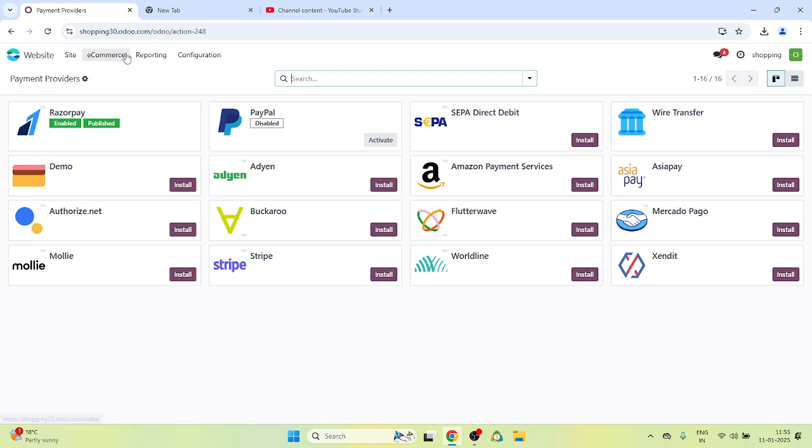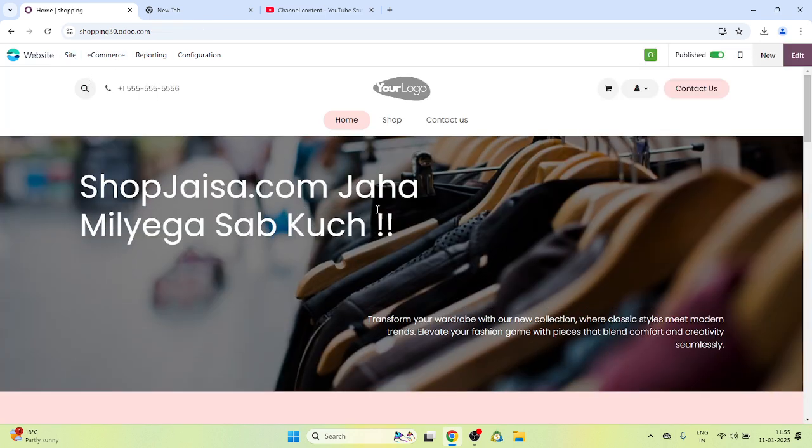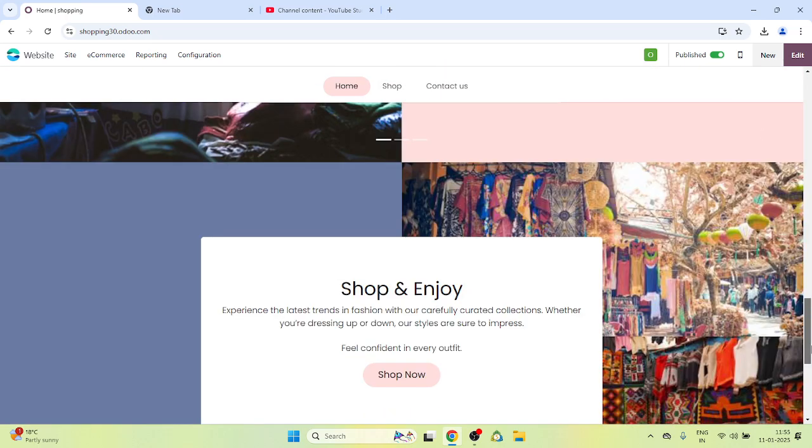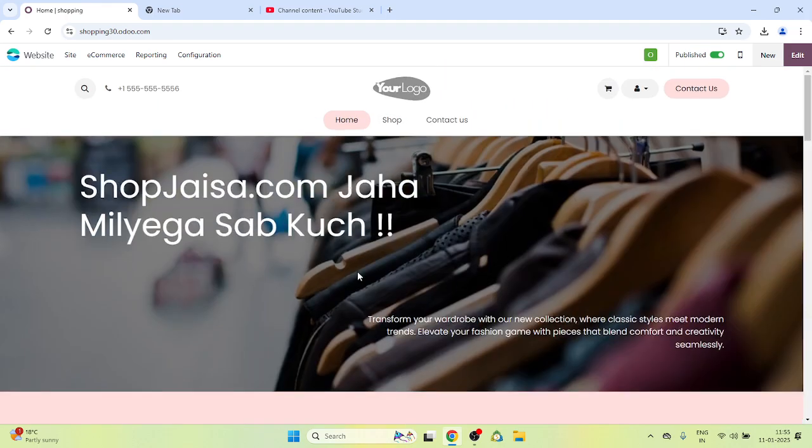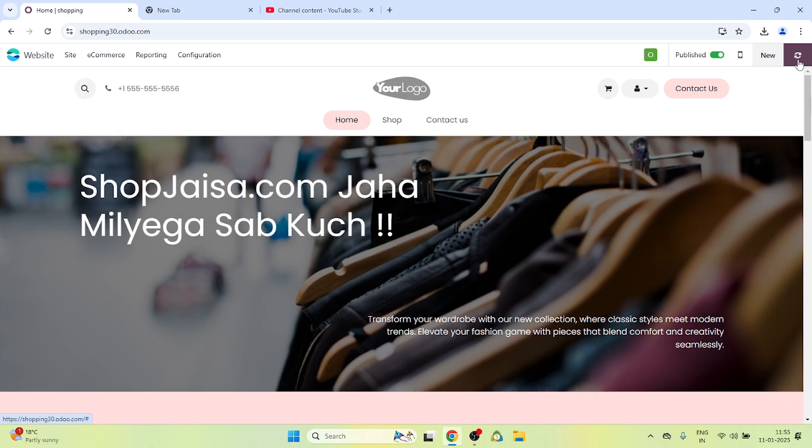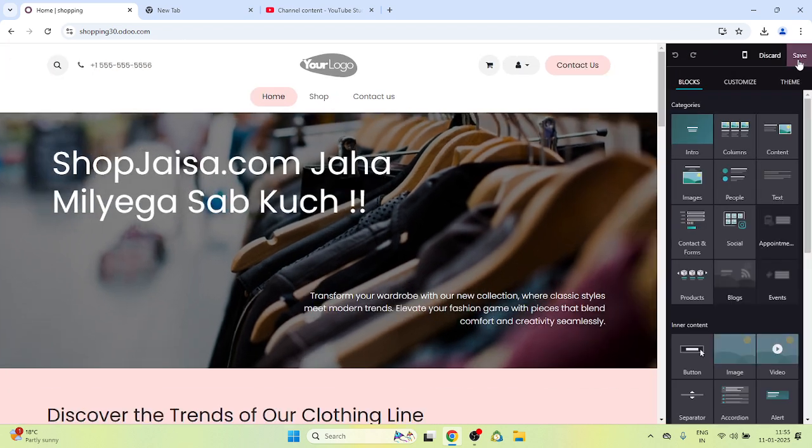So I hope this is clear for you. Now what do you have to do in your site? In your home page, you can easily edit it by changing the images, logos, and text. You have to choose the edit button on the right-hand side and click it, and now you can easily drag and drop things and tools to make your website according to your design and opinion.